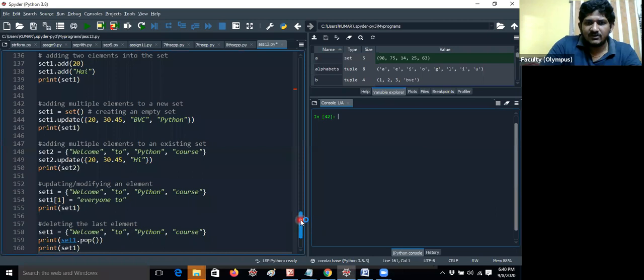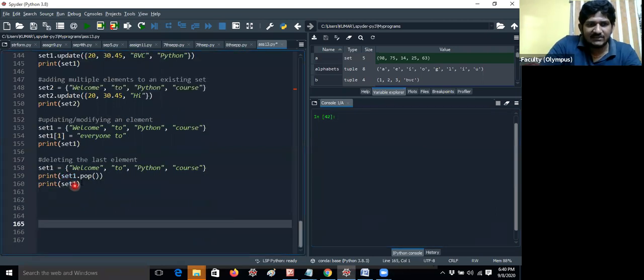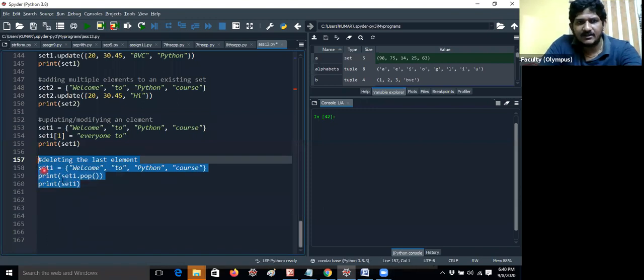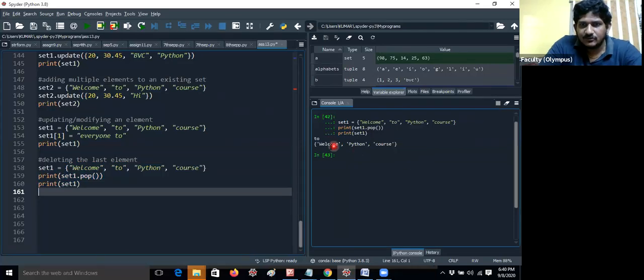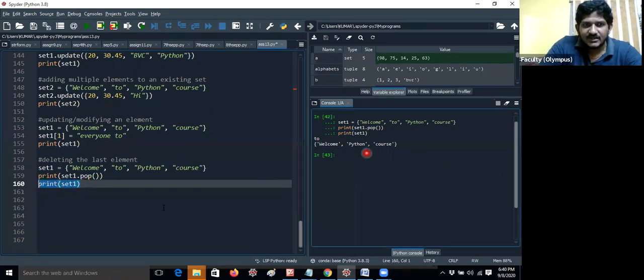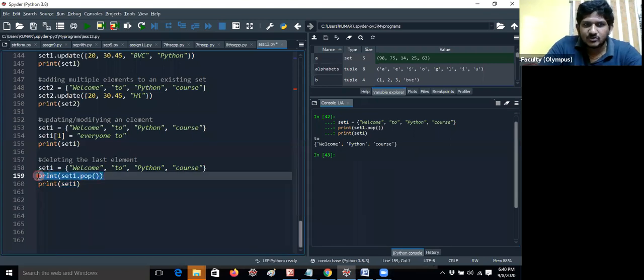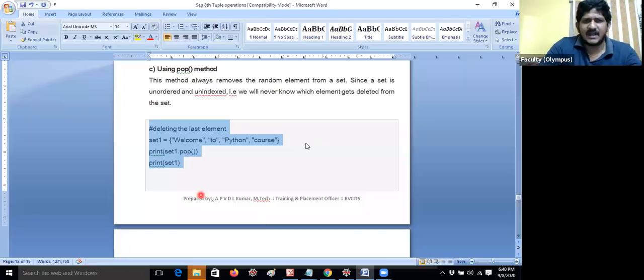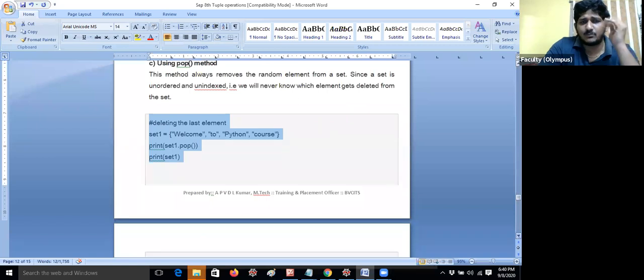For example, set one dot pop on "welcome to Python course" deletes some random element, one element from the particular set. If I give print set one dot pop, 2 is deleted here and the remaining set will be printed like this. I am printing the deleted element also. So now the set is removing a 2, but we cannot predict which element will be deleted. Some random element will be deleted. That is the pop method.